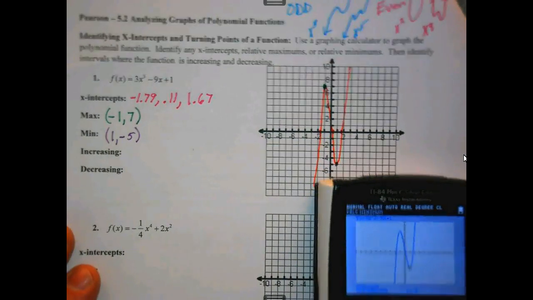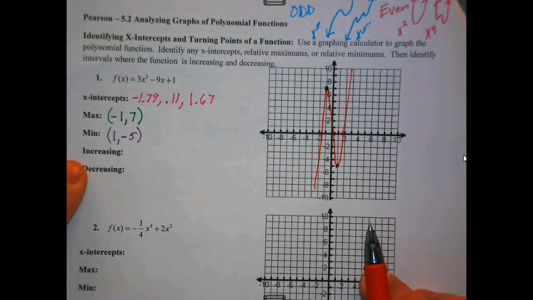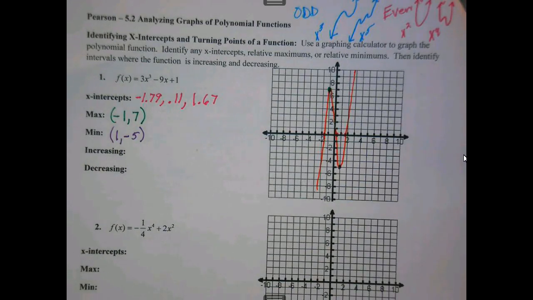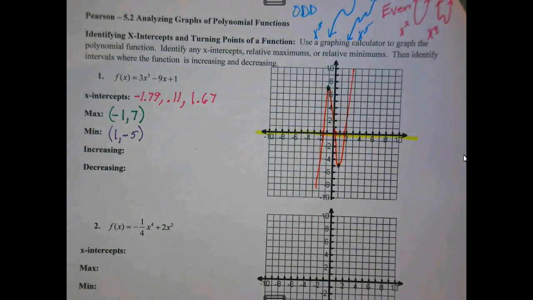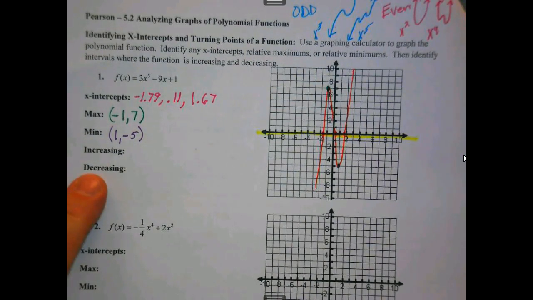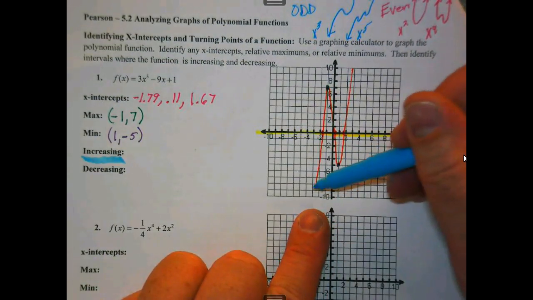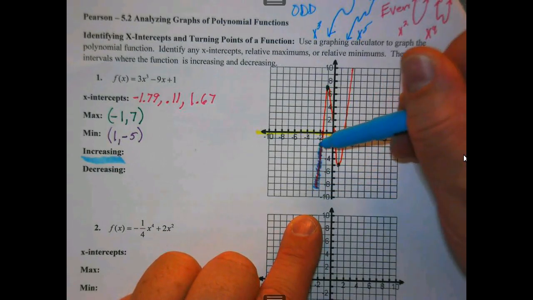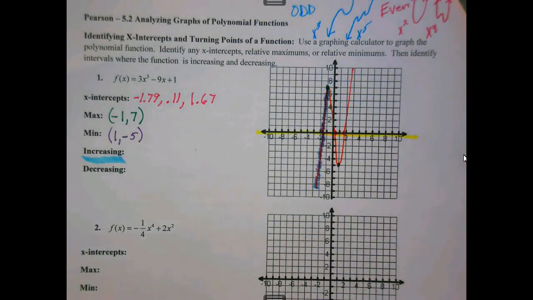Okay, increasing and decreasing. Now, for where the function increases and where the function decreases, we're looking at the domain or the x-axis. So I'm looking at the x-axis. Where is my function increasing on the x-axis? Well, I'm going to use my blue increasing. So I'm looking at my function, and it starts down here. It's coming up from infinity, right? It's increasing, increasing, increasing all the way up to the turning point max, which, if I look at it,